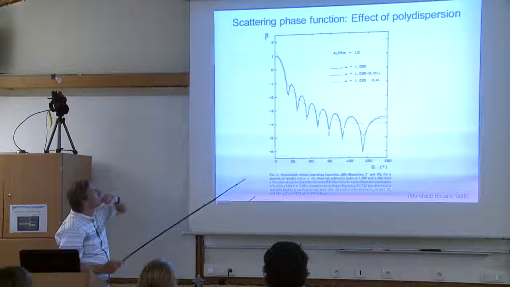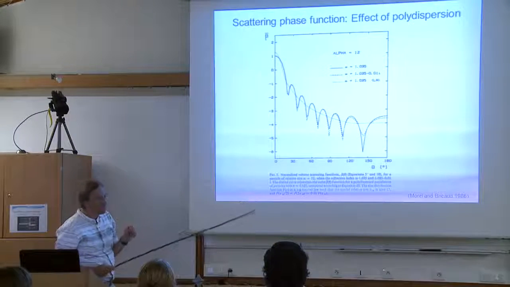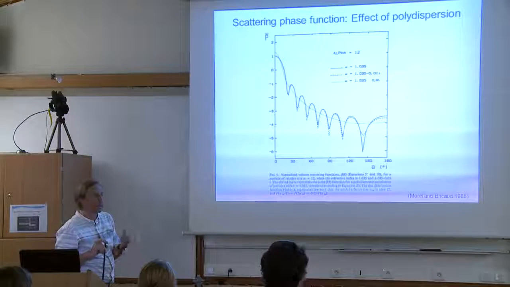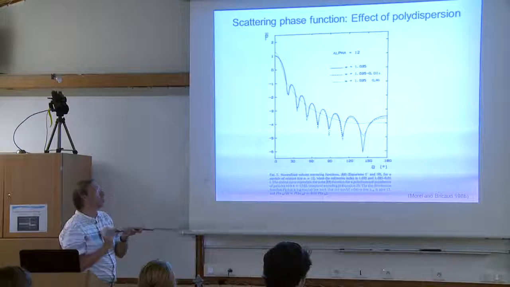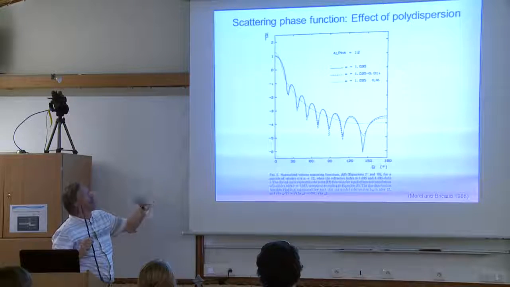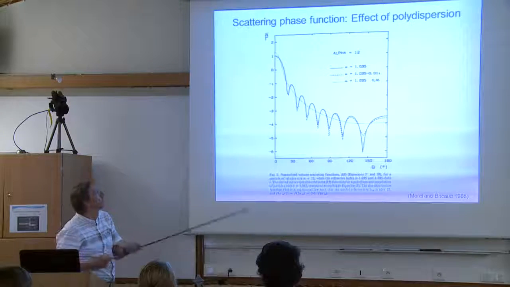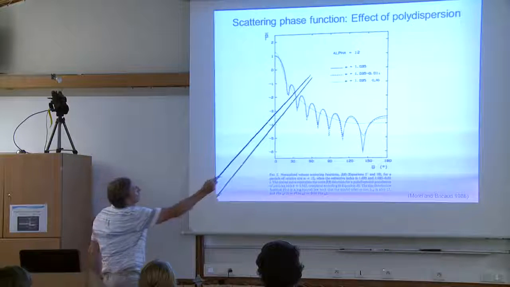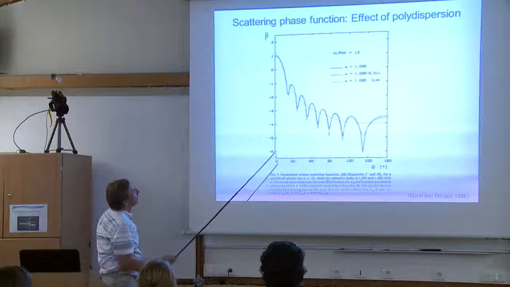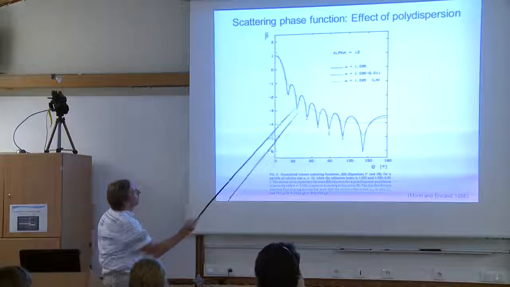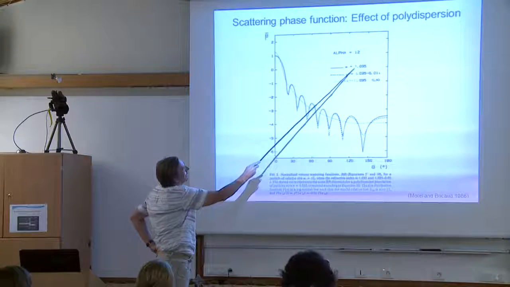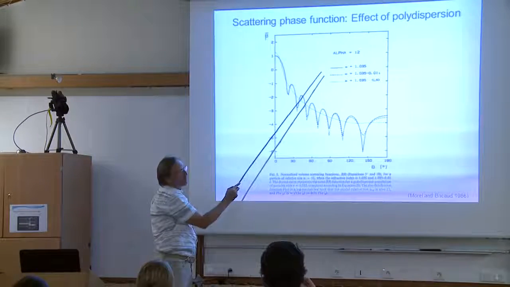So I will show you some results, again from Mie theory, that give us some idea, some guidance about what to expect, how the shape of the volume scattering function changes in response to varying properties of particles. So here we have an example of alpha, the relative size, of 12. And we have three calculations for refractive index, which is just the real part of refractive index, non-absorbing particles,